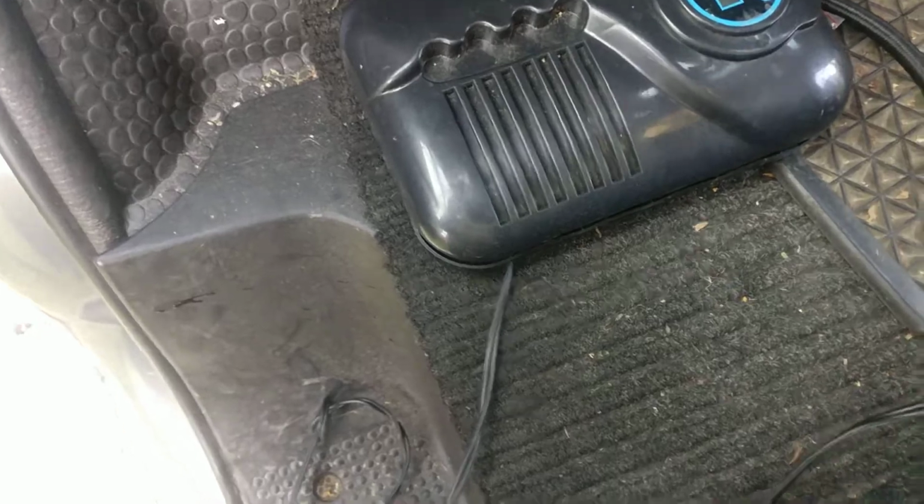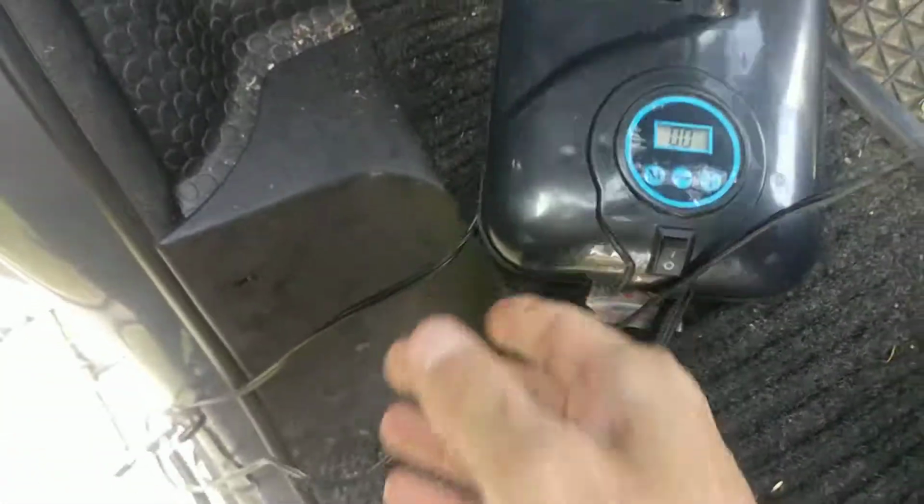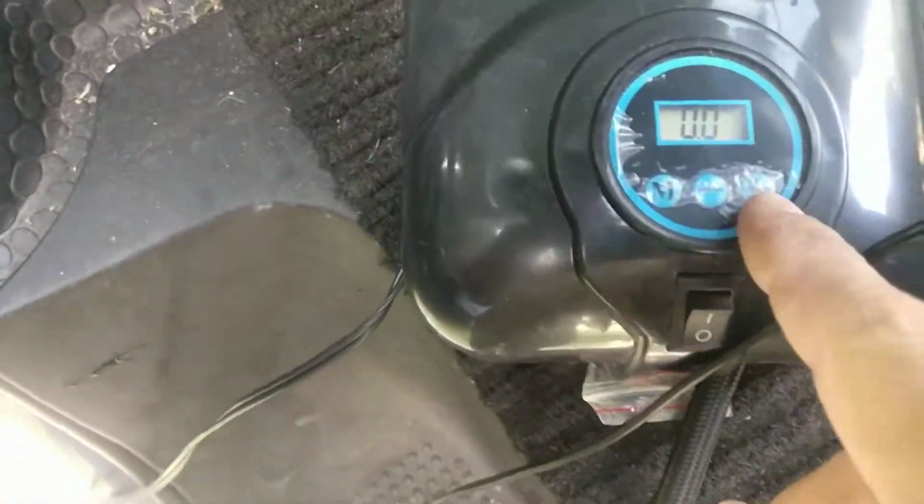configure in the device. I'm gonna turn on the contact. Turn down the music. Okay. So here